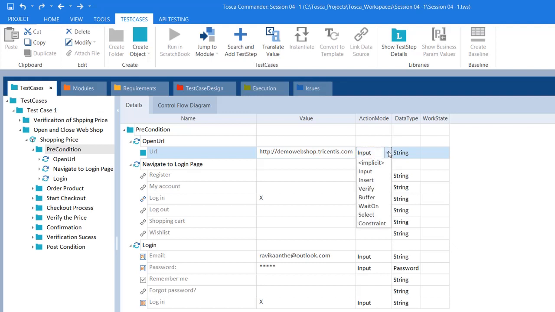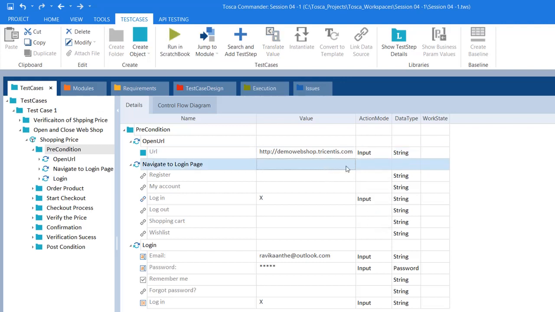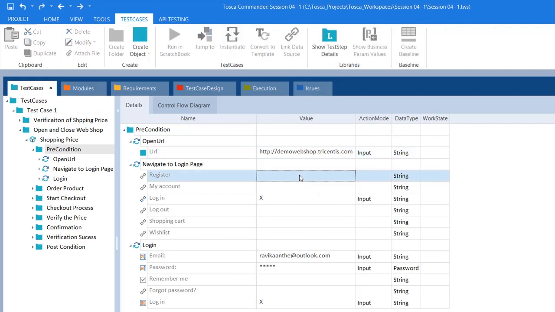In my next session I'm going to clearly explain the other action modes that are available in Tosca. And I'm also going to explain the data types in future video sessions. For now we are learning how to enter the values.